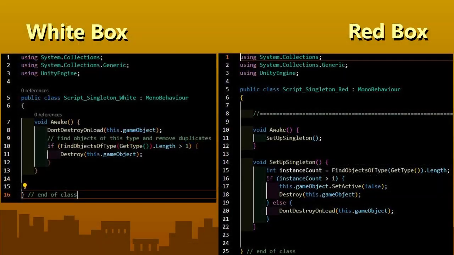Okay, so we are moving from our white box to the red box, and then after this we will move from the red box to the blue box, okay?